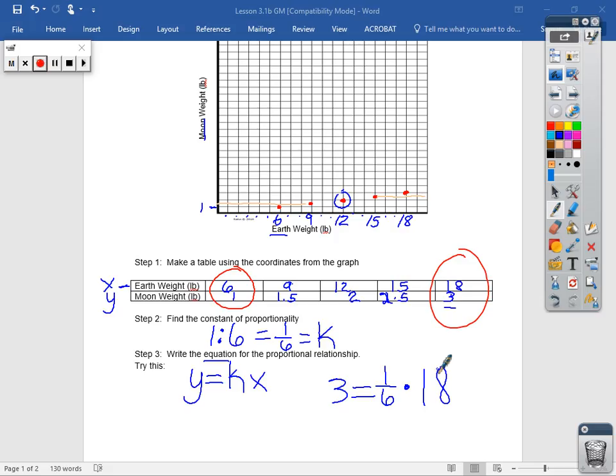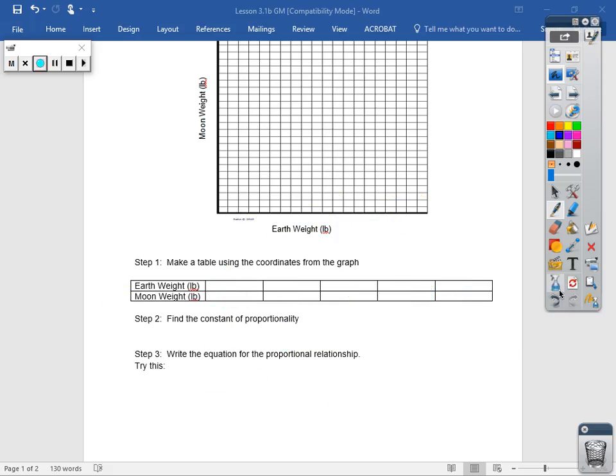Do I need to solve this equation? No, it's not asking us to. I just need to write it out, and we've done that. So now I'm going to clear the board and go to the next page, because we're going to start another one for you, okay? So we're going to clear this